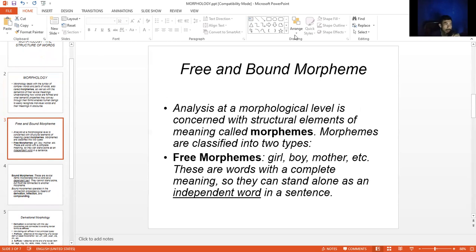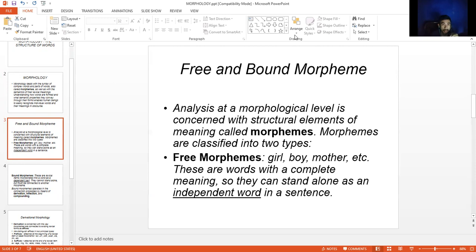The first one is free morphemes, such as girl, boy, mother, and like brother, sister, and many other examples. And these are words with a complete meaning, so they can stand alone as independent words in a